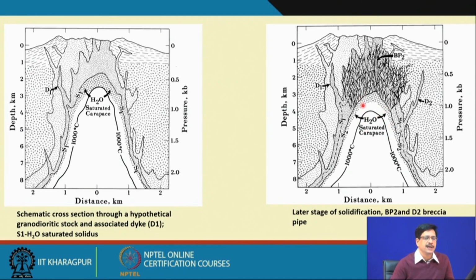This is something called retrograde boiling or second boiling, and accumulation of the fluid within the carapace region of the crystallizing pluton and exerting pressure, which results in this region where the small plug-like body is emplaced, and there is also brecciation in the rock. So this gives us a very dense network of fracture and a complicated pattern, but this is actually the region in which the fluid